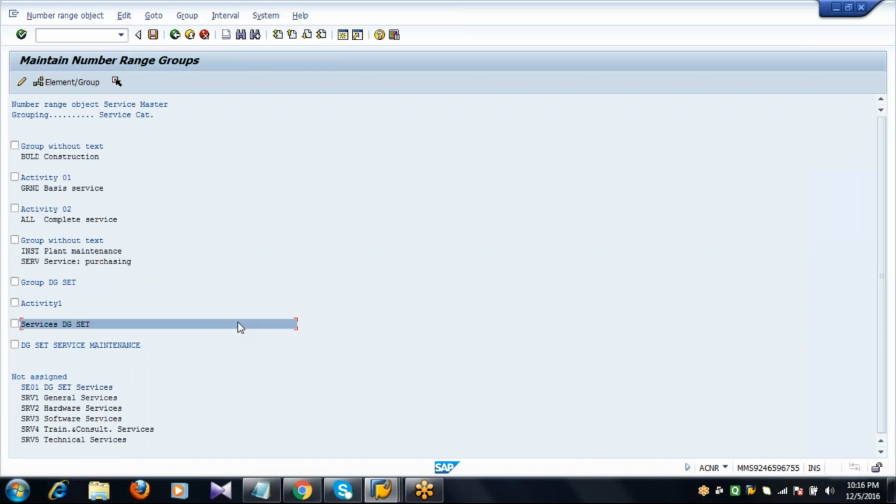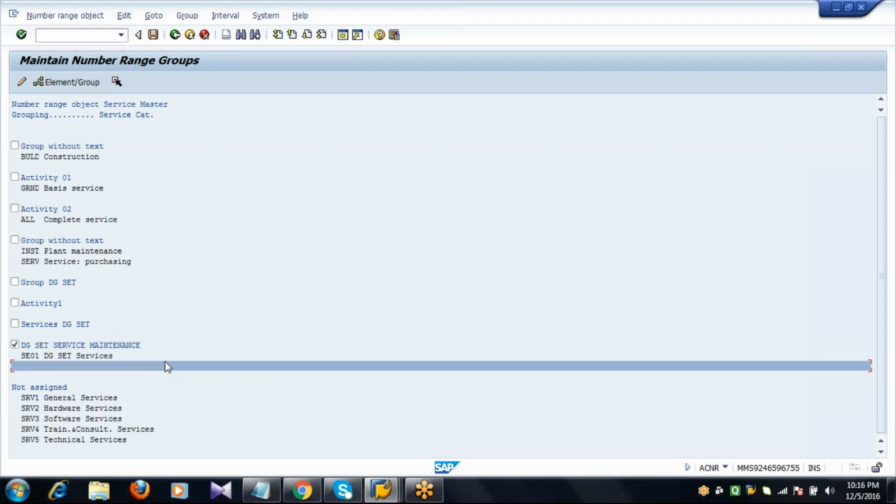Then select the group that you created and click on element group. Automatically the service category will be assigned to this group.